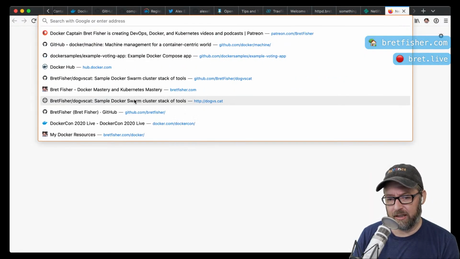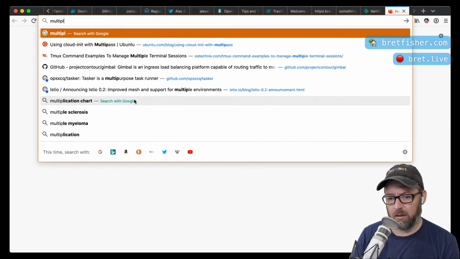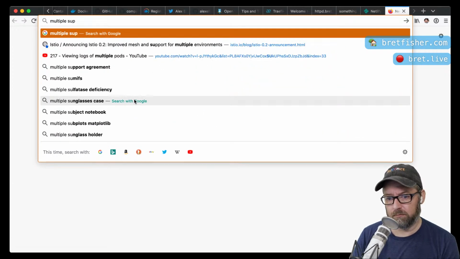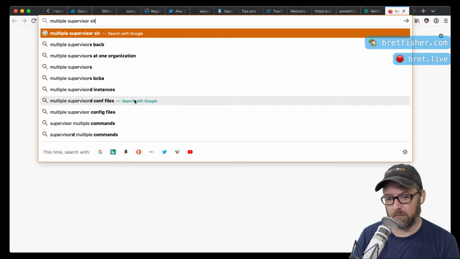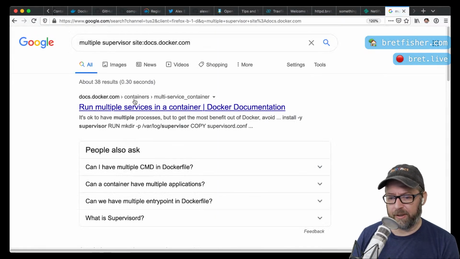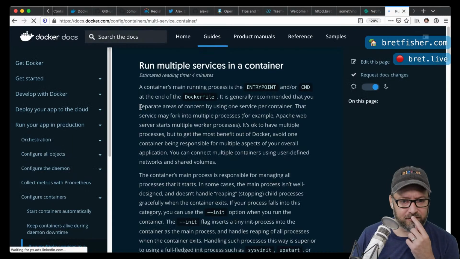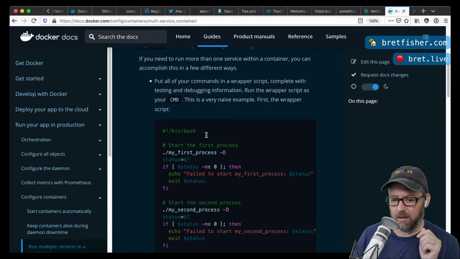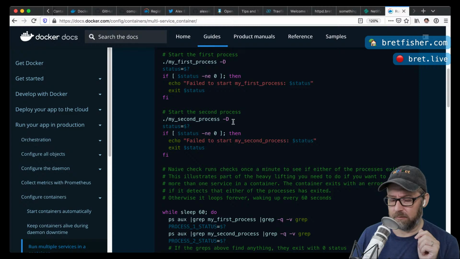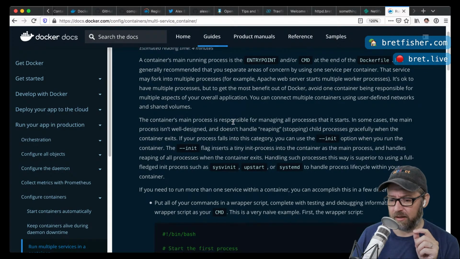Let's see, I'm just going to say multiple. Yeah, so I know this is a page. Run multiple services in a container. So Docker gives this example where you use, this is a Docker file.